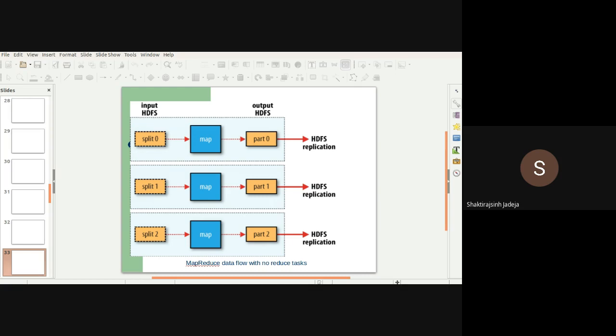Let's say you have unstructured data of the names of all the websites. It does not require any processing. You are just willing to store it for later use, so you can directly map it using the mapper to an HDFS location.